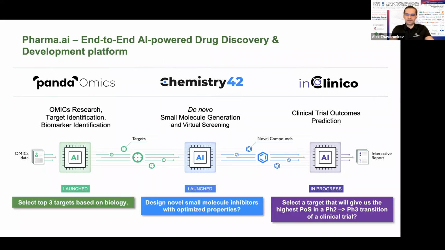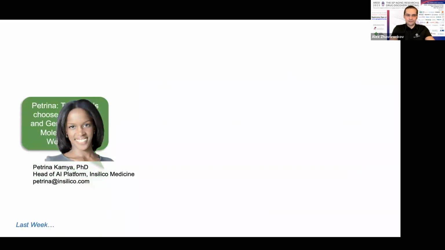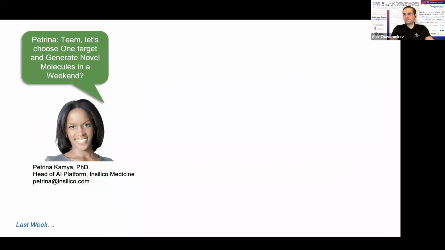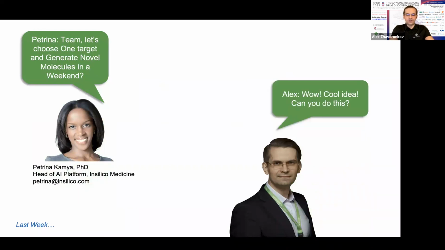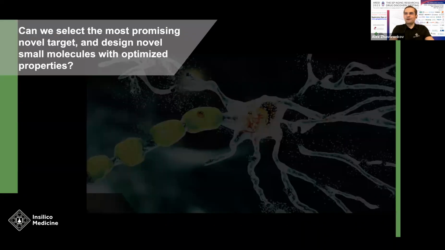So we pick 3 targets based on biology from PandaOmics on this paper. We also predict the probability of success in clinical trials. So maybe get it down to just 1 target, and then use Chemistry 42 to generate small molecules with desired properties. So she comes up to me right before this conference. I'm like, okay, well, let's do this. It sounds cool. And she convinced our small molecule chemistry team to very rapidly go from PandaOmics to Chemistry 42